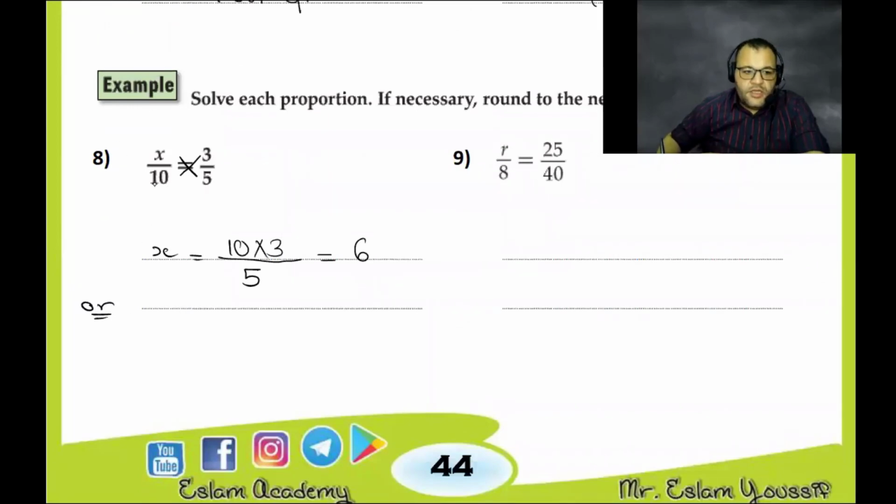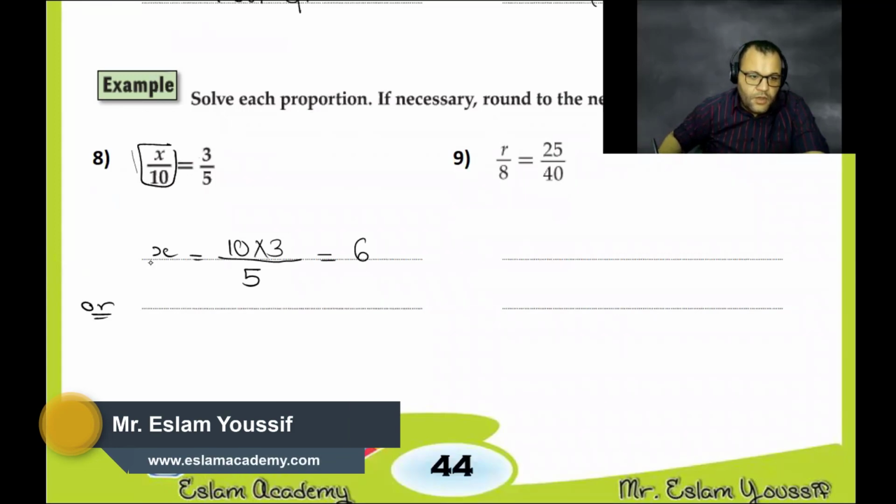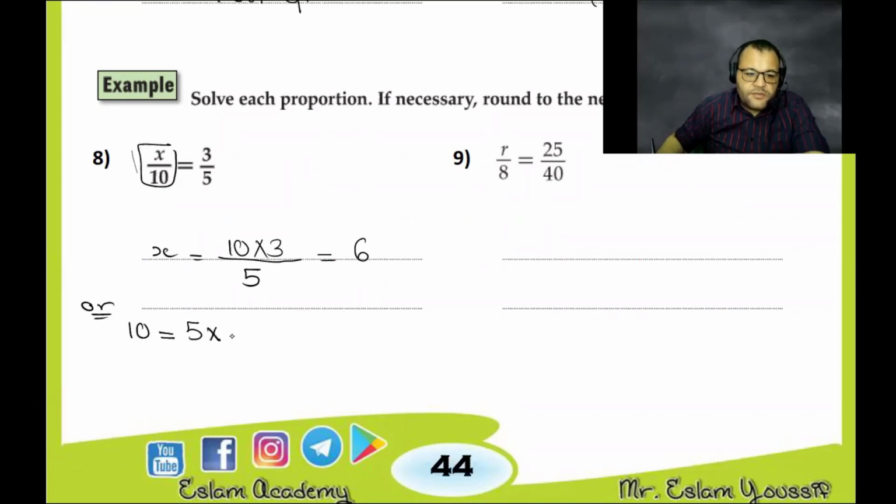First, please listen for this one. I will start from the one that has a variable. We will find the relation: 10 equals 5 times... so x equals 3 times... 5 times what equals 10? 2. 5 times 2. So we will also multiply here by 2. That means x equals 6. That's one of the other ways.